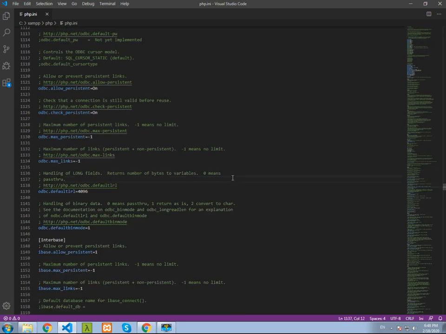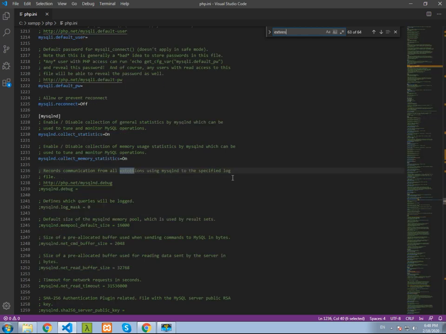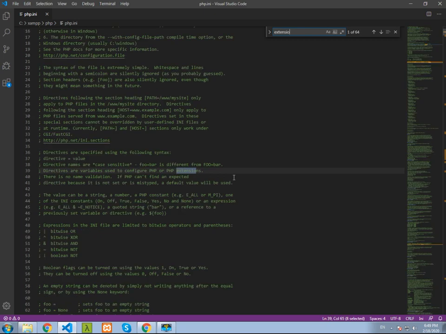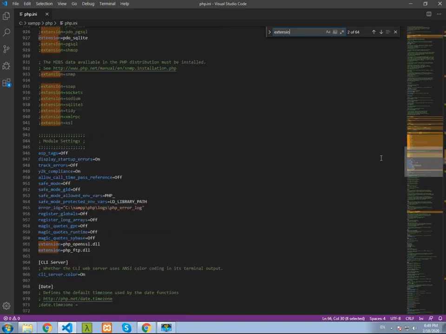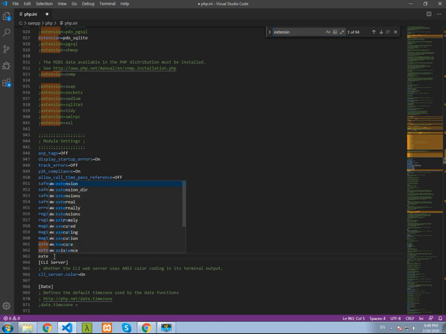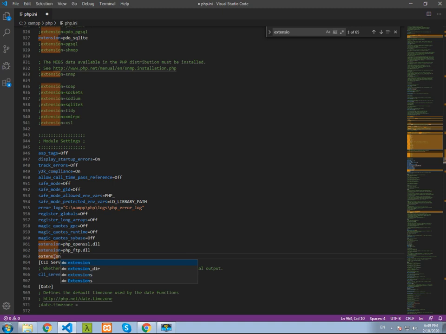I will search it. Alright, we got them here. Now just write extension equal and V8JS. That's it all. Now save the file